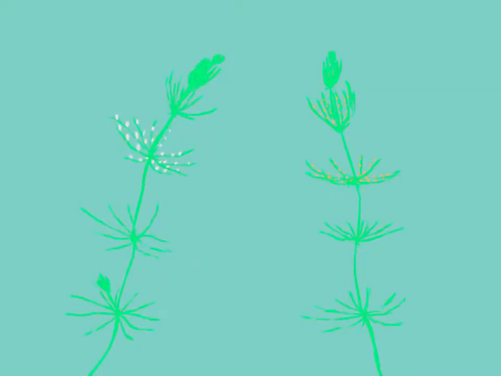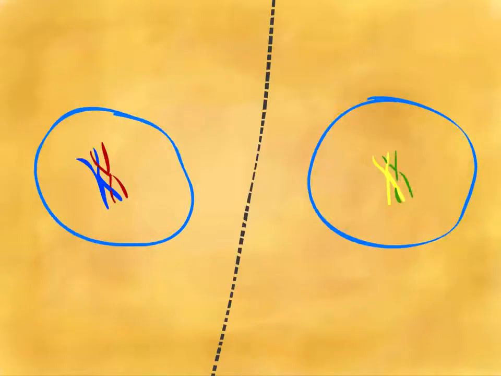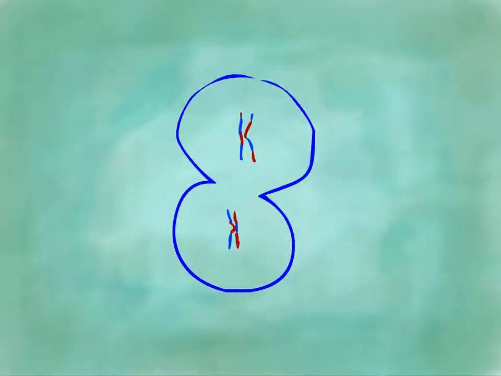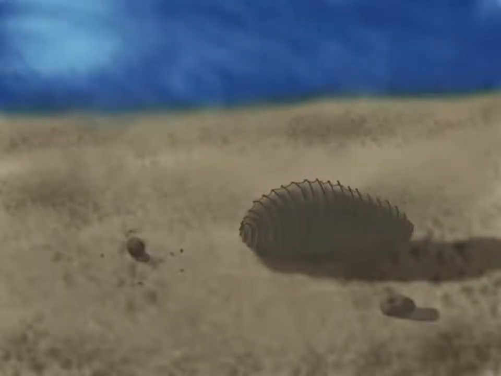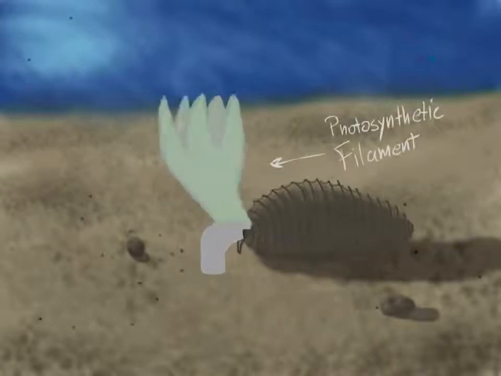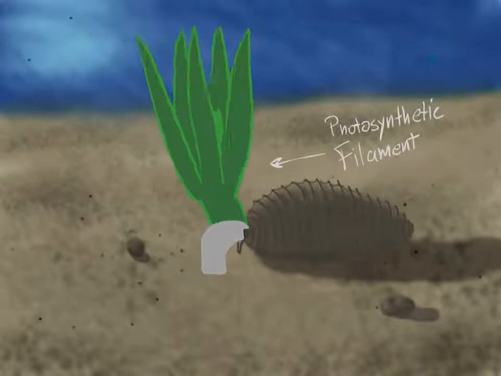Either way, this mixes the parents' genomes and creates completely new gene combinations in the offspring, the evolutionary benefit of sexual reproduction. What emerges from the top of the spore coat is a single haploid cell. At its first division, the larger cell becomes the root-like rhizoid, and the smaller cell, the green photosynthetic filament.